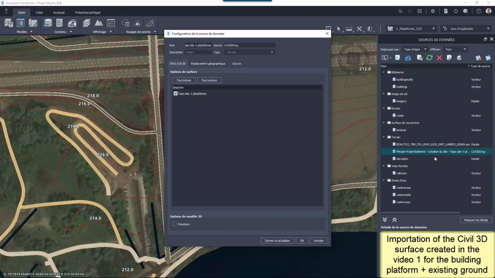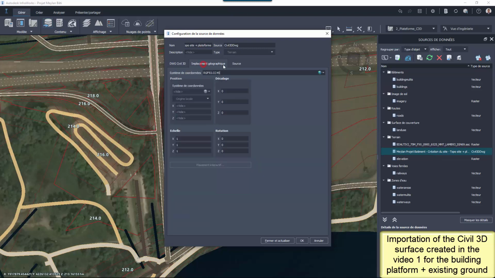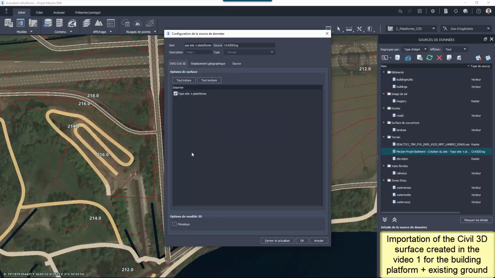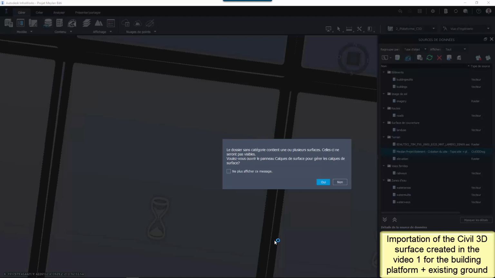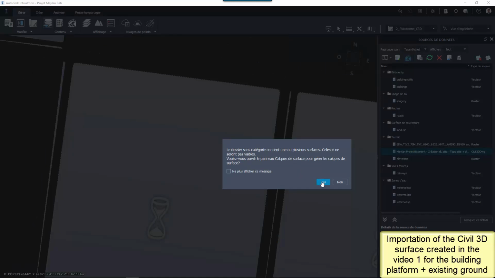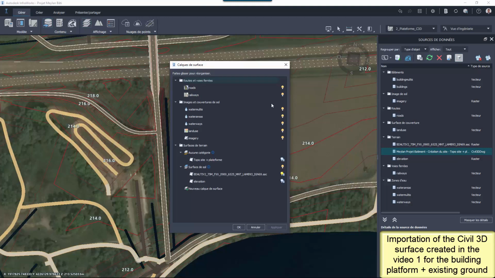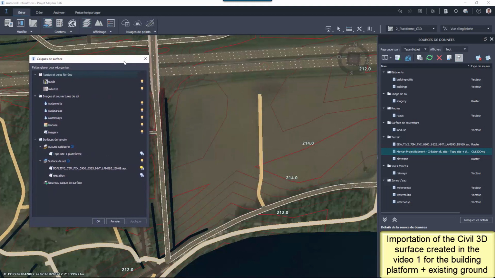The configuration step is very fast because the nature of data and coordinate system are automatically set. In the Surface Layer panel, I keep active the existing ground and the Civil 3D surface, and I place the Civil 3D surface at the top of the list.